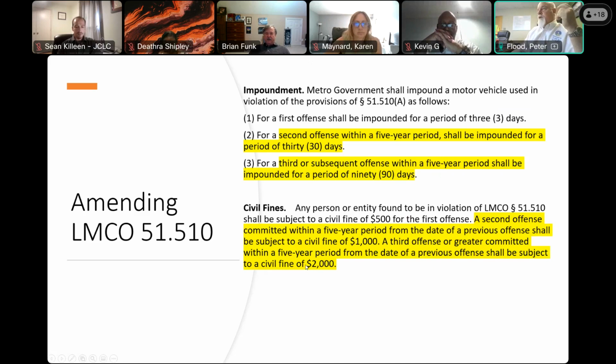Be happy to answer any questions. So Pete, for the fines, those dollar amounts would be in addition to them having to pay to get their vehicle back, in effect. Right? That is correct. Yes. One thing that I want to point out, both of these ordinances have come from a collaboration of